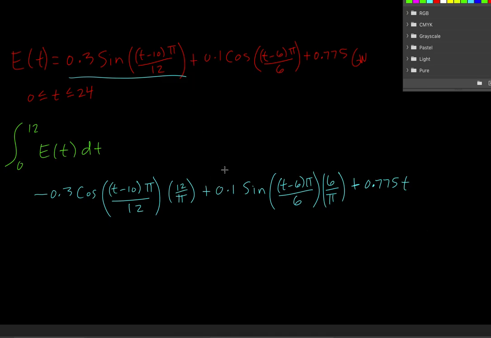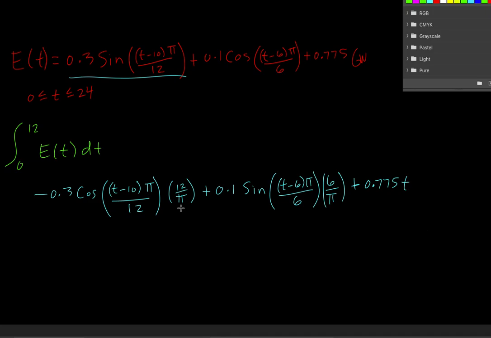It's still positive. And for similar reasoning, I have to multiply this by 6 over pi because I'm dividing by the derivative of the inside. And then my 0.775 just gains a t on the end. Now, if I want to evaluate this at 12 and 0, I just need to plug in a 12, see what I get, and then plug in a 0 and see what I get. Now, when I do that,